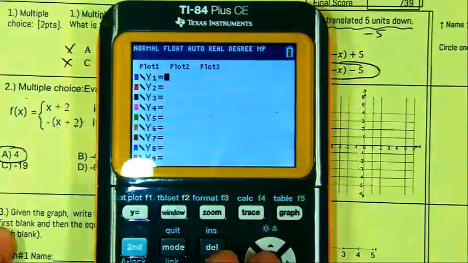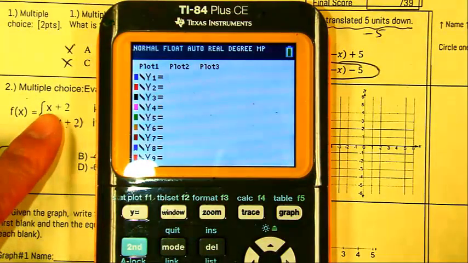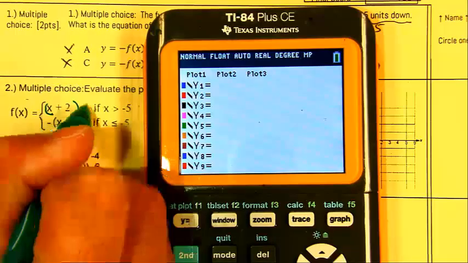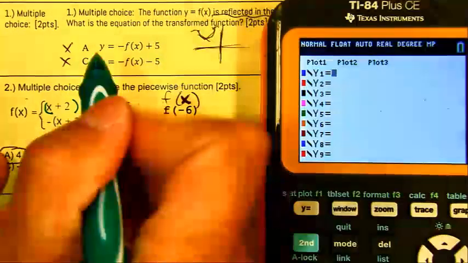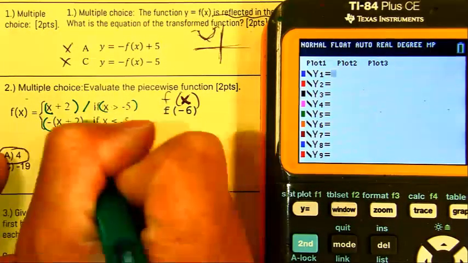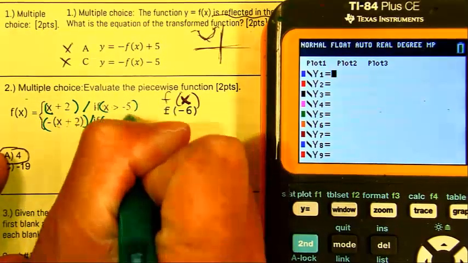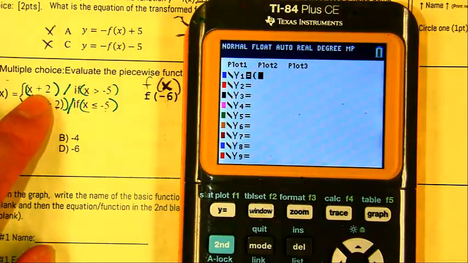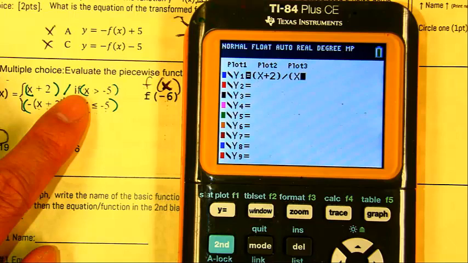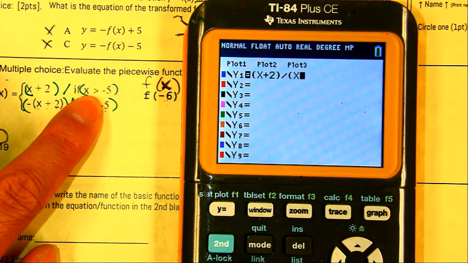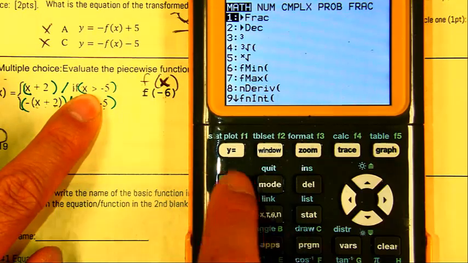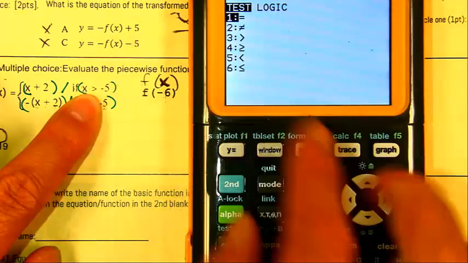Clear that out. I'm going to put in this one in parentheses, so let me go ahead and draw some parentheses for you. We're going to put that here. We're going to put a division sign, and then no if part, but the inequality we will. So parentheses x plus 2 divided by parentheses x, that's the variable button. Inequality sign is going to be in your second math, and then you have the inequalities there, so you're going to pick greater than,